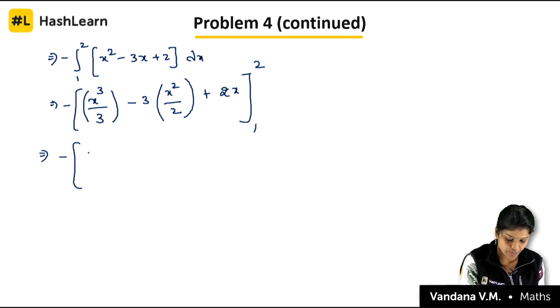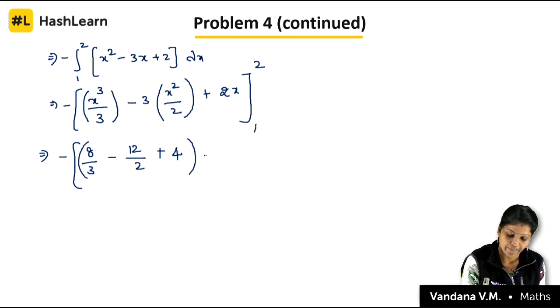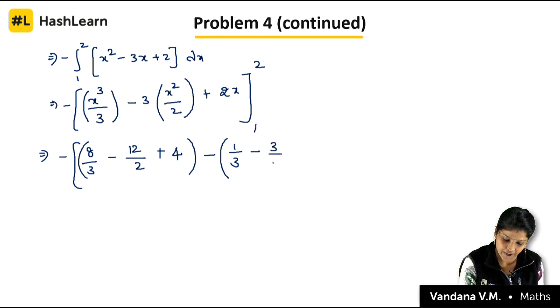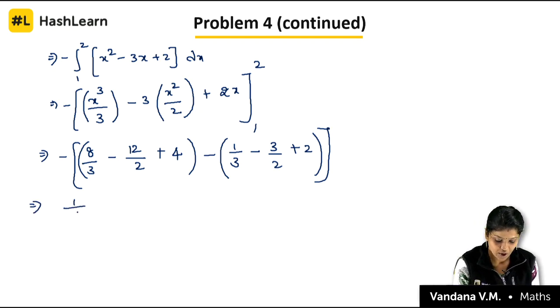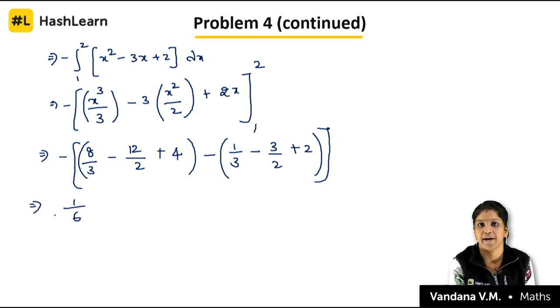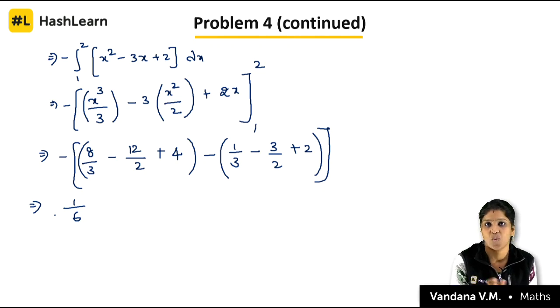What is 2 cube? It is 8 by 3 minus 4 by 2, that is 12 by 2 plus 4 minus lower limit. What is your lower limit? 1 by 3 minus 3 by 2 plus 2. You please solve this. If you solve this, you have to get 1 by 6 square units, the area between 1 and 2. Now, let us find the area